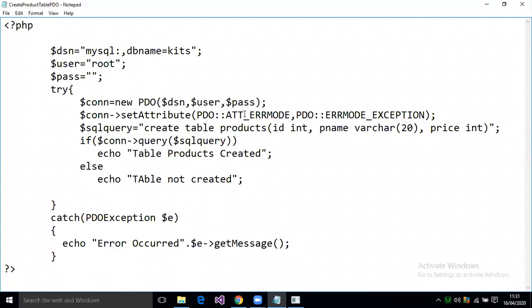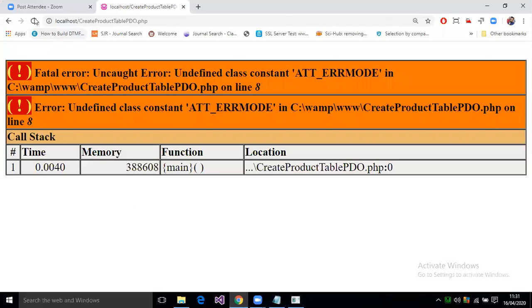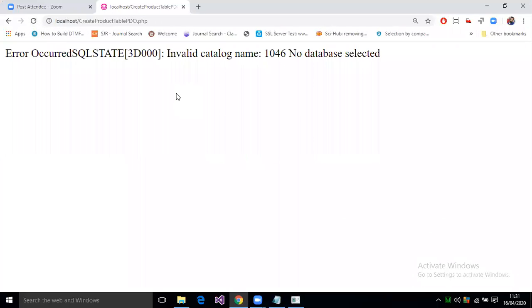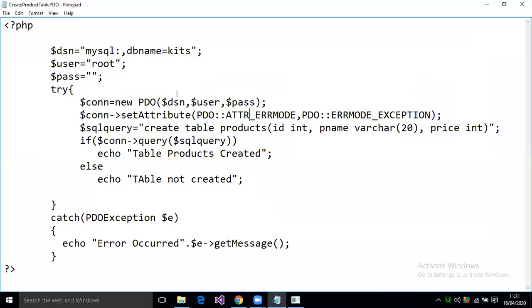This is attr error mode. Invalid database. Selecting dbkids.